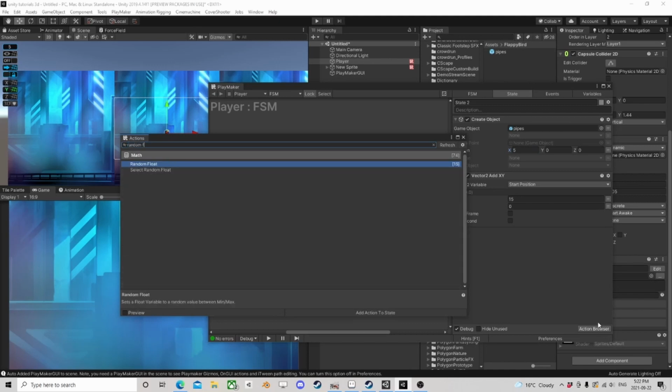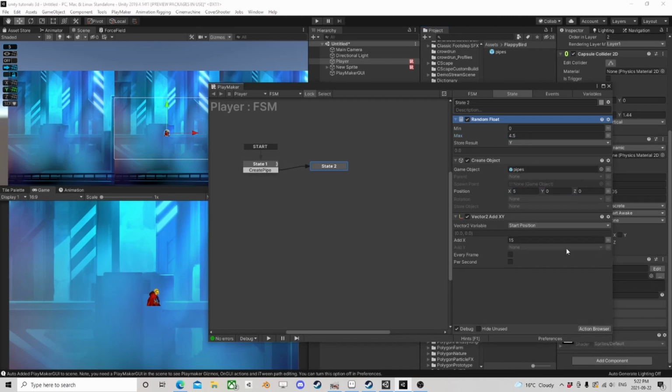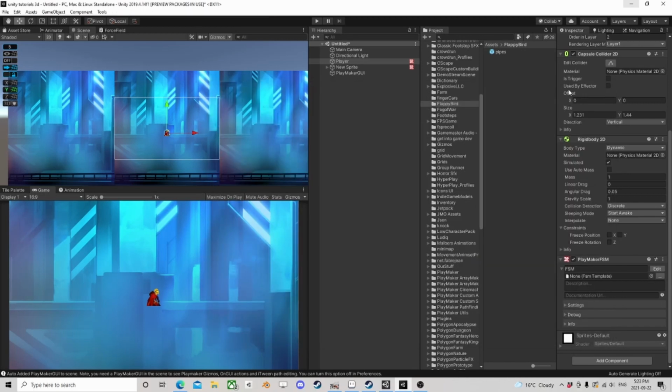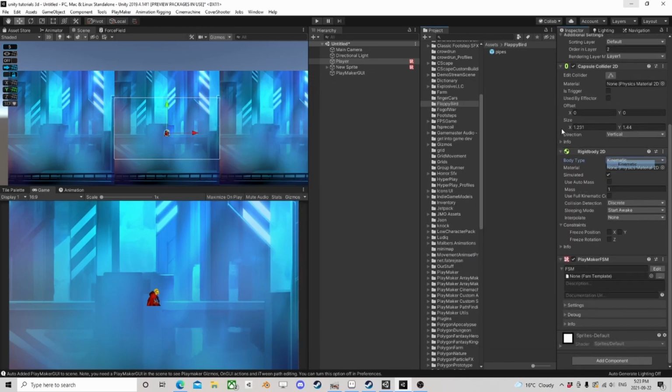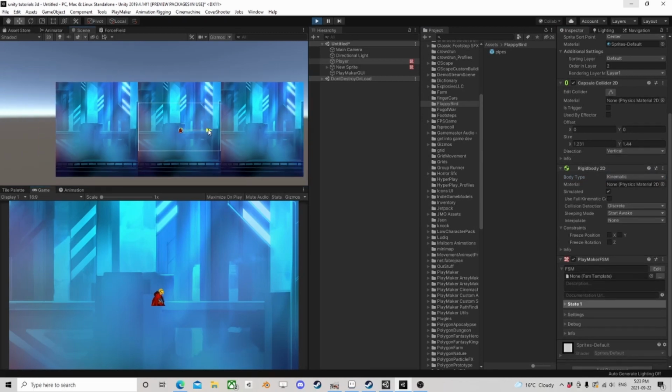And for the Y, let's go 0 to 4.5. And now we can go Y. Right, so okay, well now we're going to create that at the Y. And then when we're done, we're just going to come back here. So this ultimately, what we should get, and if I take the player and put them in the kinematic for a minute, just to test this, we should have, as we move,